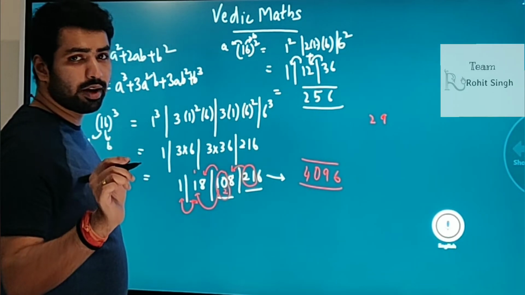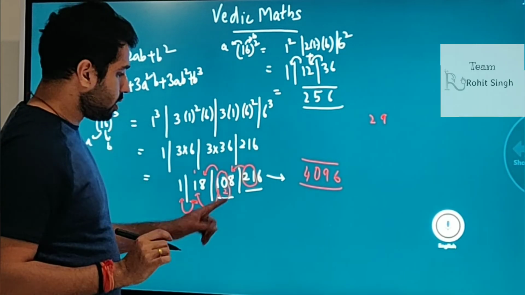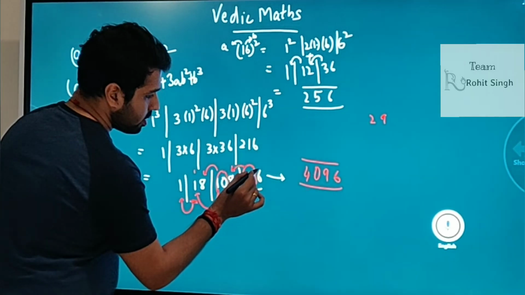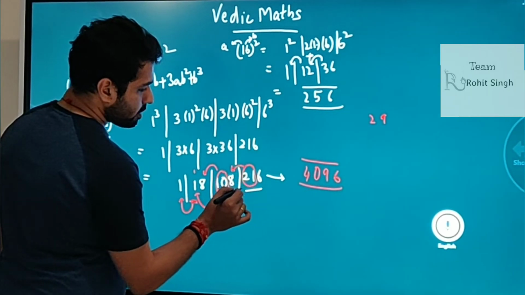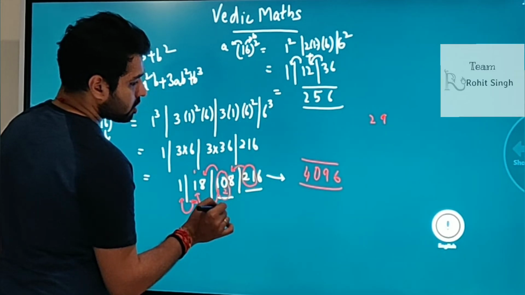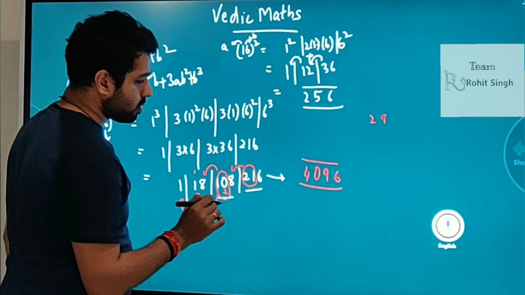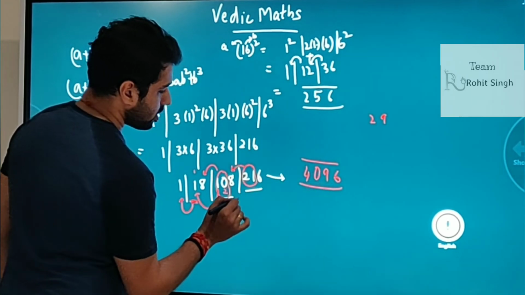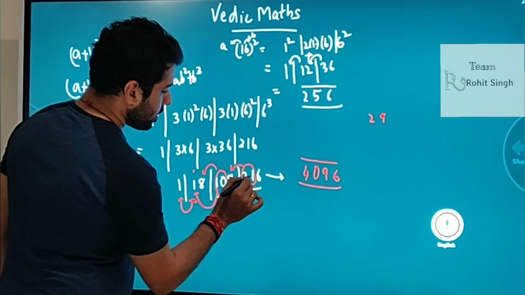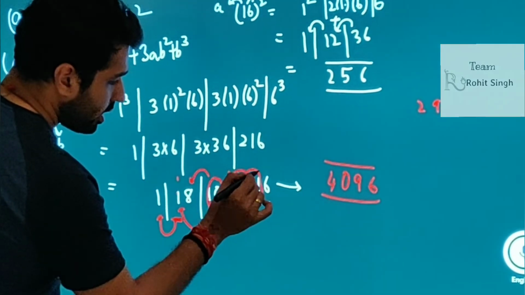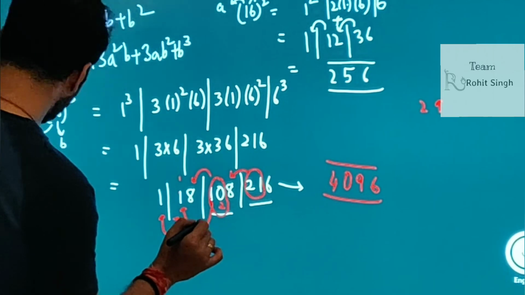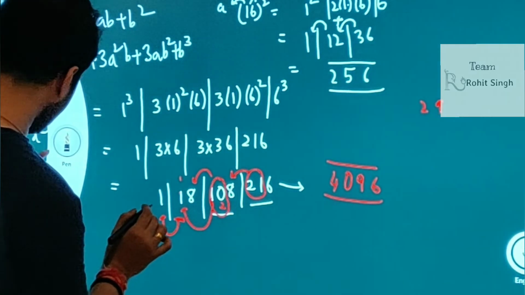Let me just briefly explain once again the carrying that we have done. In this answer, we have a 3-digit number over here, right? So the basic rule that we follow is the units place is written as it is, so 6 you are getting as it is. Now you are getting 21 over here, right? So this 21 is carried forward and added to this. Let me just change the color and explain.